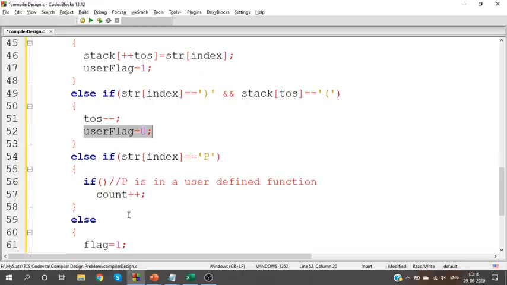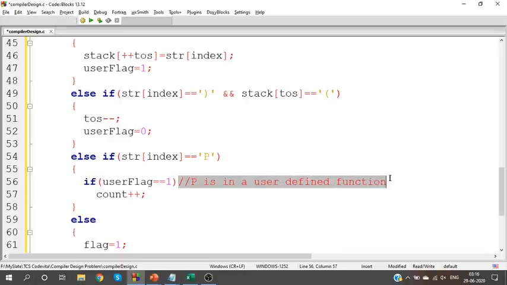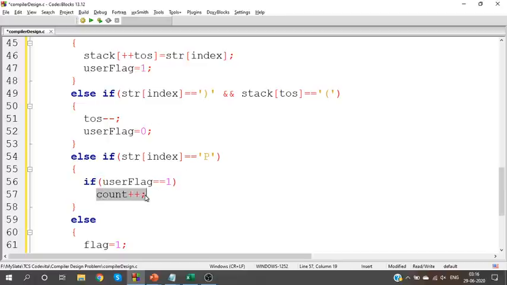So when should I increase the count? If user function is there. So if user flag is 1, I have a user defined function. In that case, count plus plus. Clear? Now, what should we check? Inside every user defined function, count should be not more than 100.